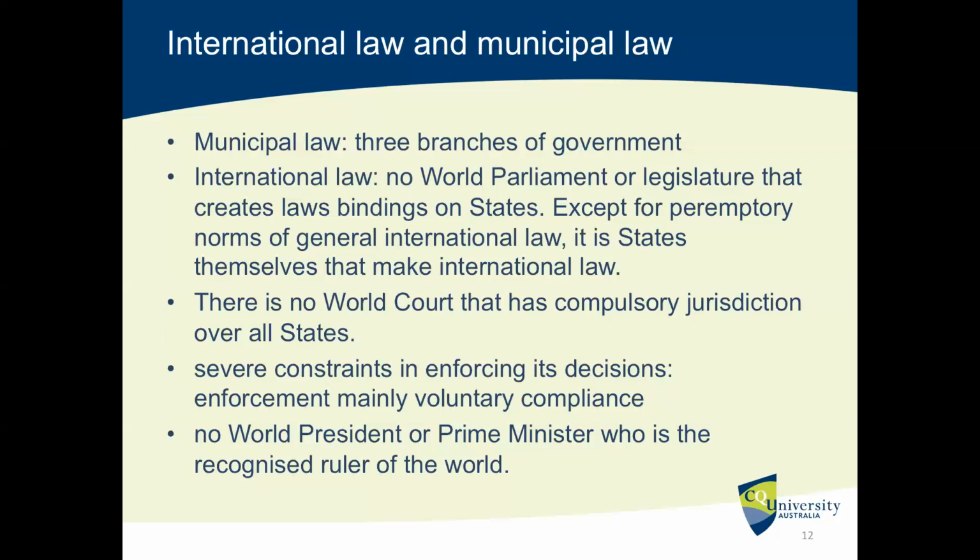given by the International Court of Justice, for example, or the International Criminal Court, because the enforcement of its decisions ultimately will rely on the voluntary compliance of a state. So even if there were a decision handed down by the International Court of Justice, for example, against the United States or against Australia, there is no way that the International Court of Justice can enforce its obligations against the United States or Australia on its own. It will have to rely on Australia and the United States in these examples to comply with a decision of